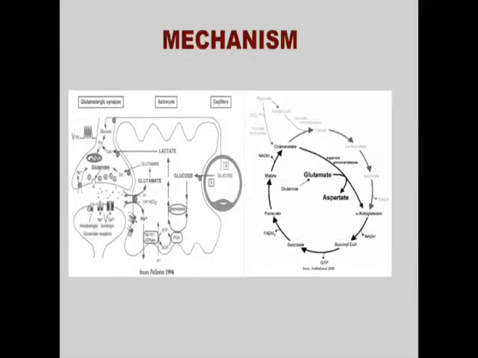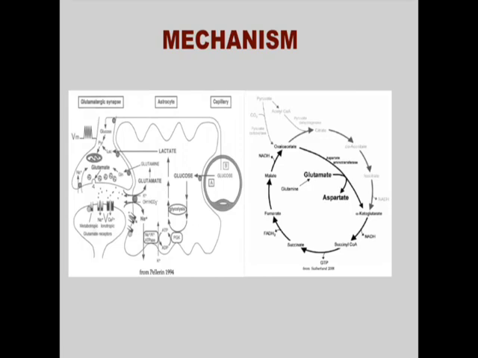The mechanism by which the brain mediates coma or survives during a time of hypoglycemia, since it has very low glycogen, is by using other means of substrate. So typically glucose comes in. A lot of this takes place in the astrocytes, where it's converted to lactate and then enters the Krebs cycle as pyruvate. However, in times of hypoglycemia, it's been shown that there's a lot of extracellular glutamate present, and that glutamate can actually feed into the Krebs cycle for production of energy in order to maintain a low amount of function of those cells during